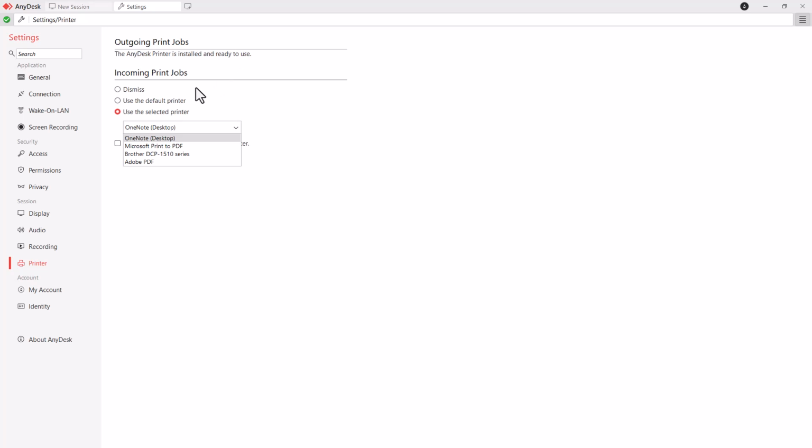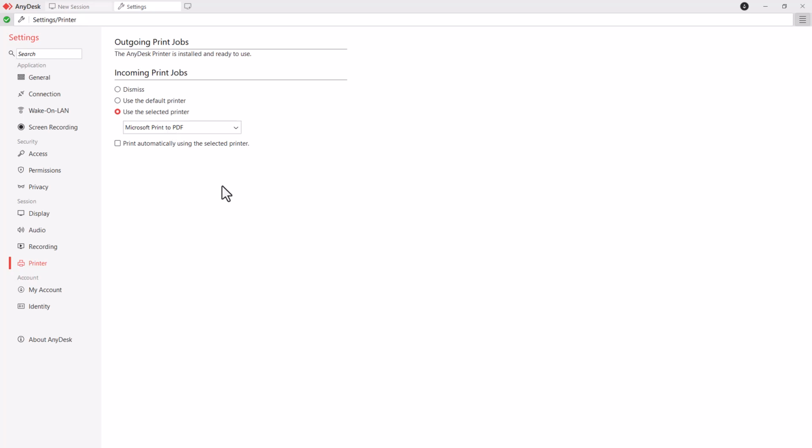But if you don't have your particular printer out right here, you can see that I can choose my physical printer or Adobe PDF or Microsoft Print to PDF right here. So whatever printer I want to use when the remote desktop actually prints it out, I can simply go ahead and do that. I can also print it automatically using the selected printer without even asking, but I'm going to leave this unchecked so that whenever the remote desktop tries to print, I can still go ahead and